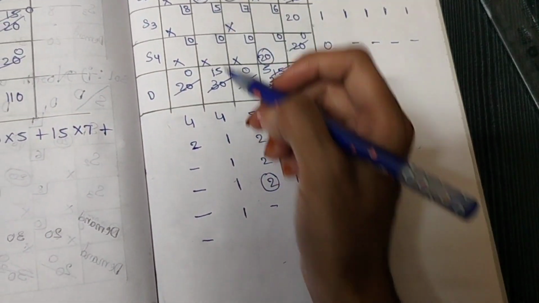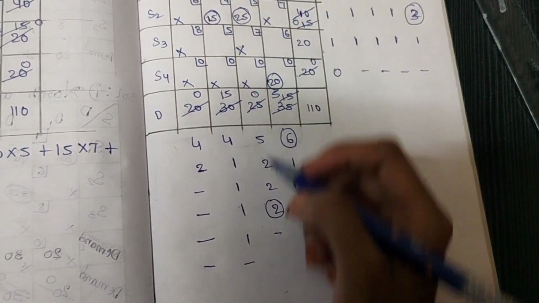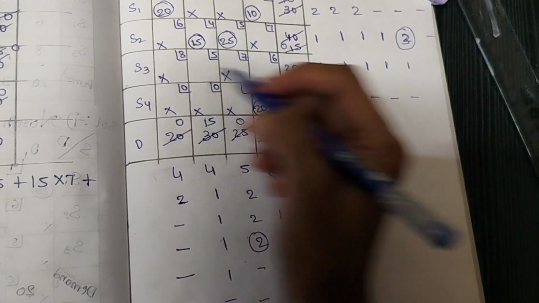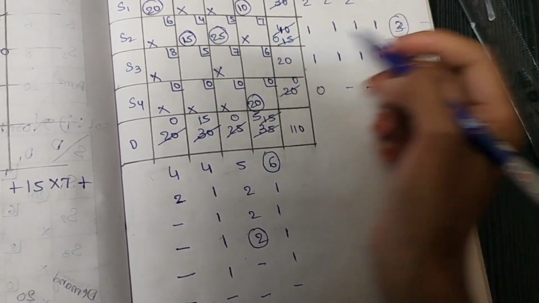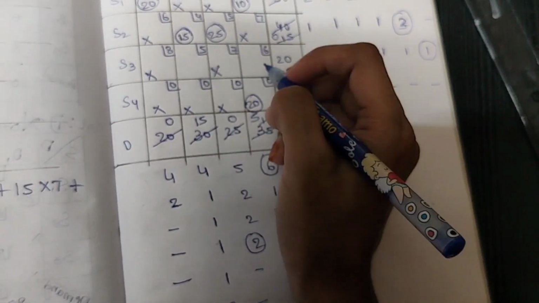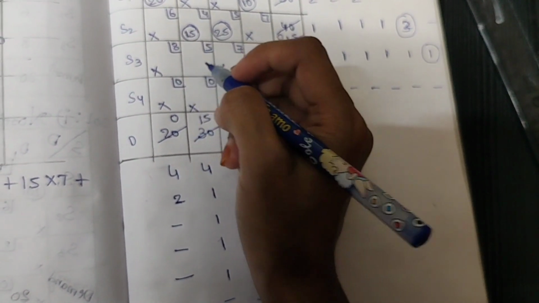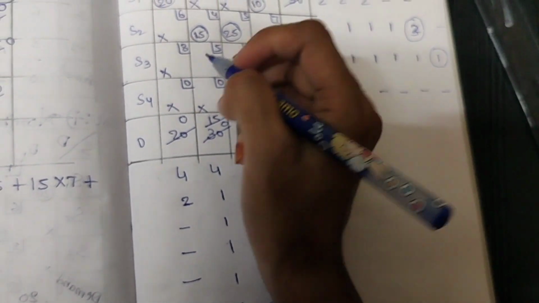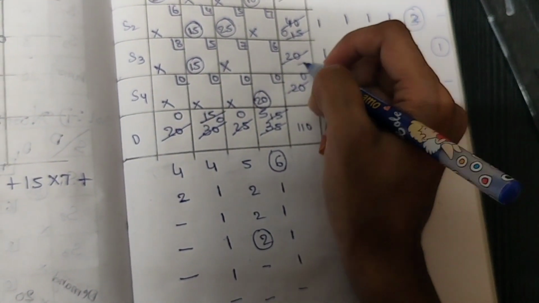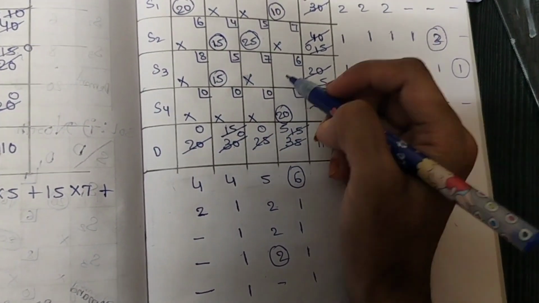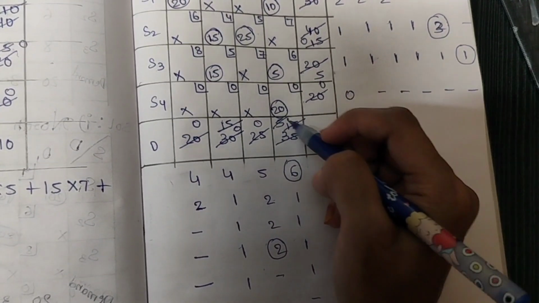Now again look at the penalties. This nil. This, as there is only one cell, nil. This nil. This, as there is one cell, nil. This nil. This nil. There are 2 cells, so compare these two. 5 and 6, 1. This is nil. So we will allocate for this row now. When we compared this row, we will allocate for 5. That is 15 and 20. We will allocate 15. 15 becomes 0. We will allocate 15 here. 20 becomes 5. Later on, we have only 6 now. So for this 5 and 5, we will allocate 5. 5 becomes 0. 5 becomes 0.